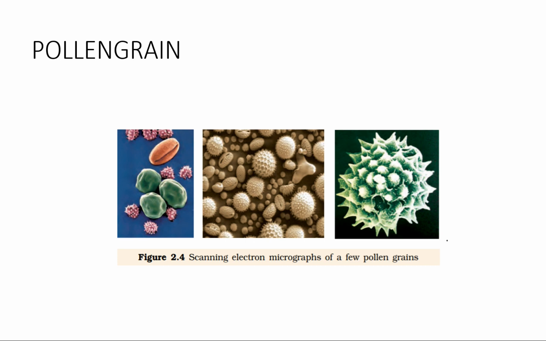At some places in the wall of the exine, there is a pore called the germ pore, from where the pollen tube is formed. This pollen tube you very well know from when you studied double fertilization in flowers in the 10th standard. So the place from where the pollen tube arises is called the germ pore. And inside the exine, there is a wall called intine.